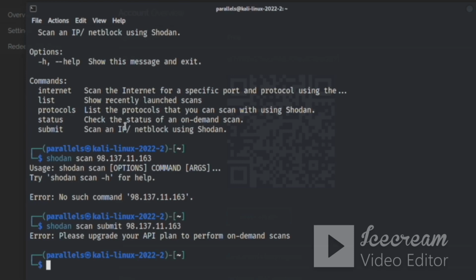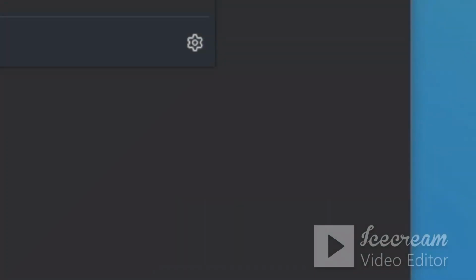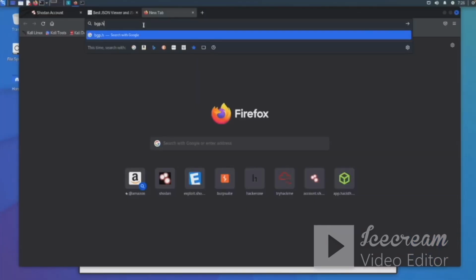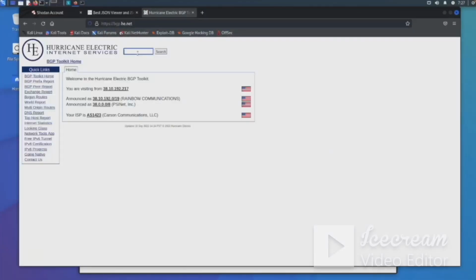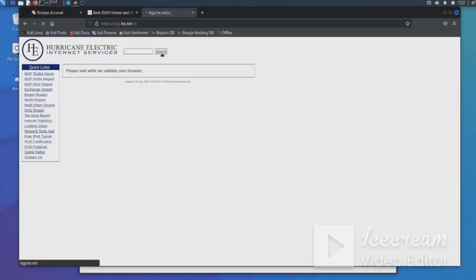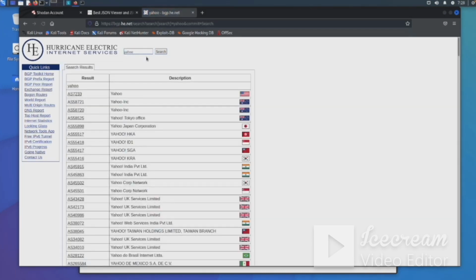You can also go out to, I can't even remember what it's called, Hurricane Electric. I think it's bgp.he.net. All right, so here we are. We can just type in yahoo.com, and I've shown this before in another video. This website seems to be running really slow, but you would just run the search and it has come back. So you can grab these AS numbers right here, or these ASNs is the easier way to say it,